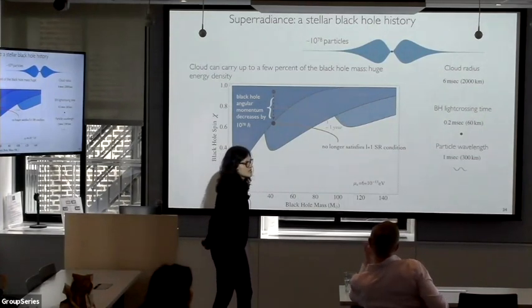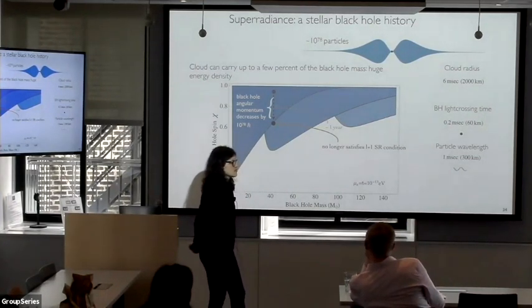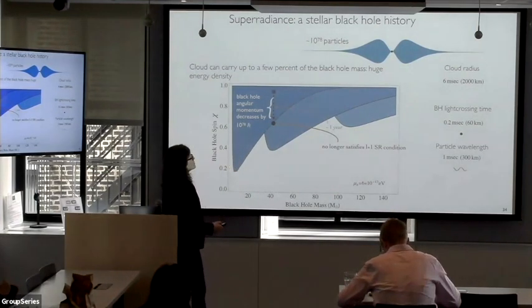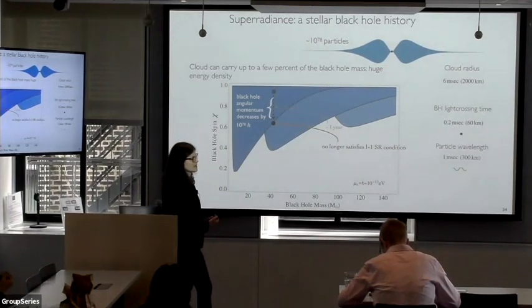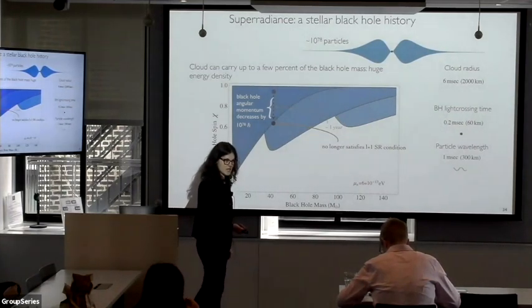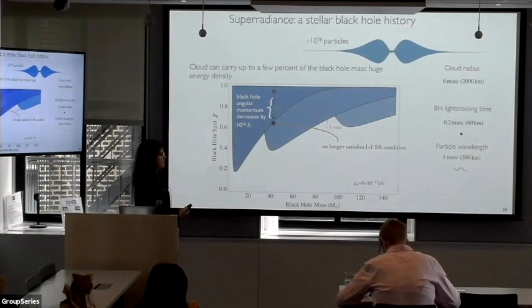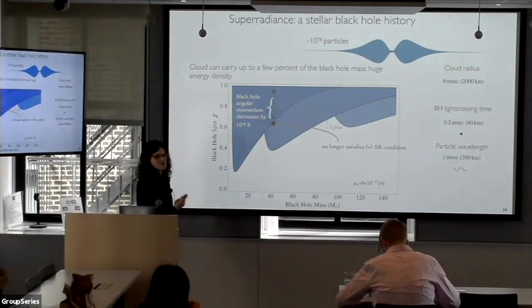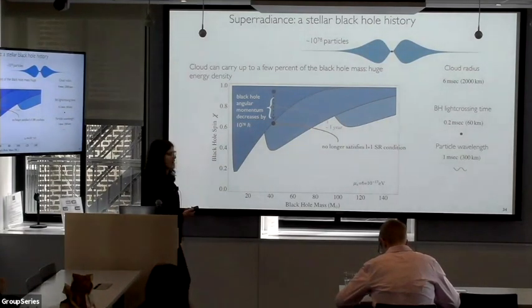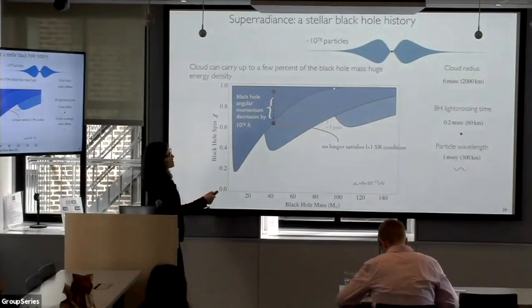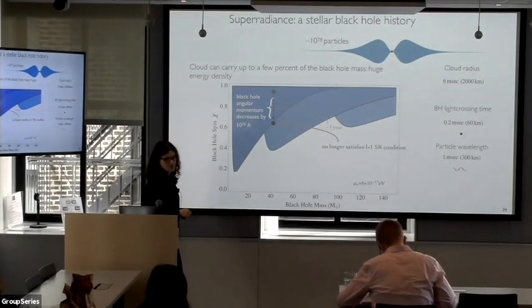I mean, the question is what is the process that stops the growth, right? So here, the mass of particles in the cloud is still fairly small. It can be up to a few percent in extreme cases, but usually it's about 10 to the minus 3. But in principle, this is a purely gravitational process. So the only thing that shuts it off is the back reaction on the black hole itself. It can be much smaller if, say, you start up here, then you only have a tiny way to go until you get to the superradiance condition.